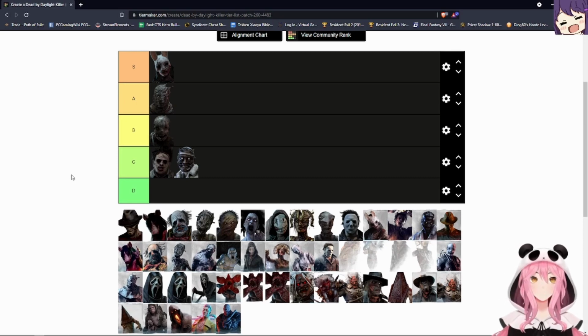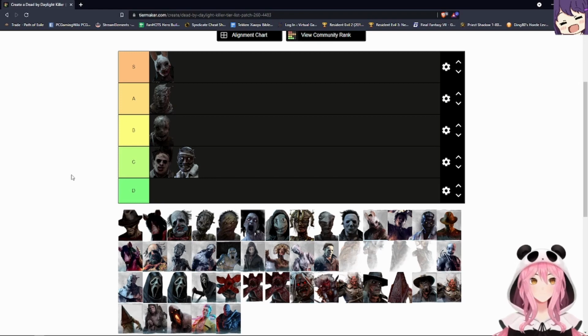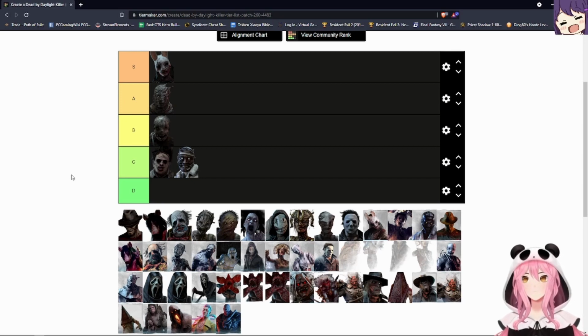Next is Nightmare, or Freddy Krueger. Freddy Krueger has a lot of stuff going for him. He has your choice of dream snares or dream pallets. I prefer the snares, as I'm sure most people do. He has a global teleport. He can teleport to any gen, which is really, really great. And you can really mess with survivors with that too, because you can fake like you're gonna teleport somewhere, and then you know,